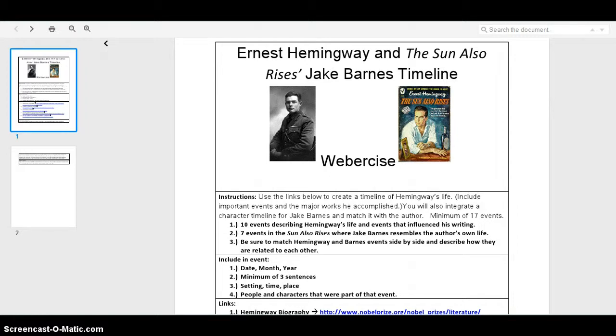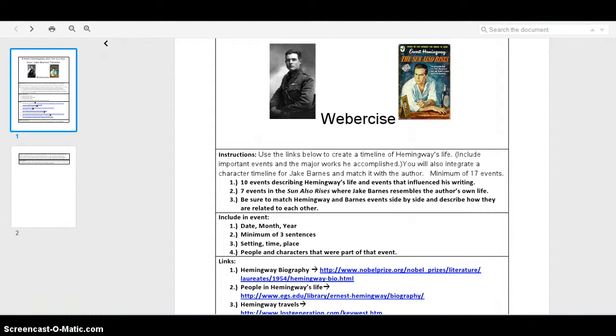I want them to do this so they could see and understand, hey, the author's integrating himself into a character in the novel, and more often than not, you see that in different novels. You have F. Scott Fitzgerald in The Great Gatsby. You have James Joyce in The Portrait of an Artist. And in this timeline, that's what I want them to see. I want them to notice, hey,